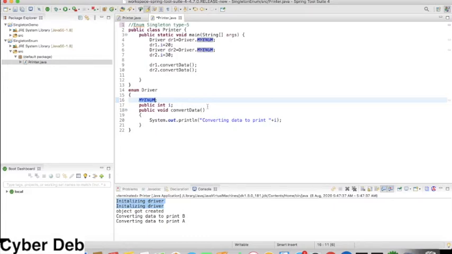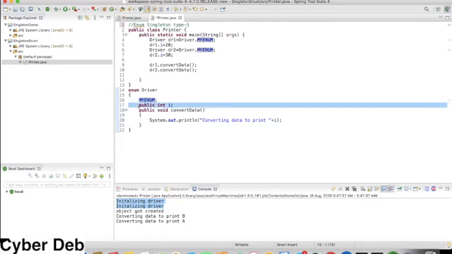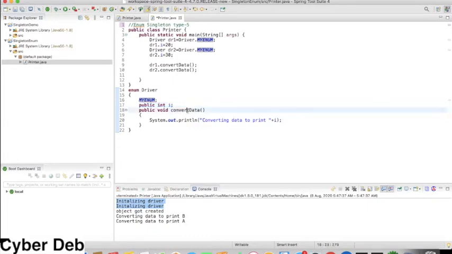So intentionally I have changed the name of the public static final variable, that is MyEnum, and inside this I have gone for creating an ordinary variable, that is integer type. I have named it as i, and here is a method, the same method name I have used, convertData. It is going to print, converting data, and the value of i will be attached with it.